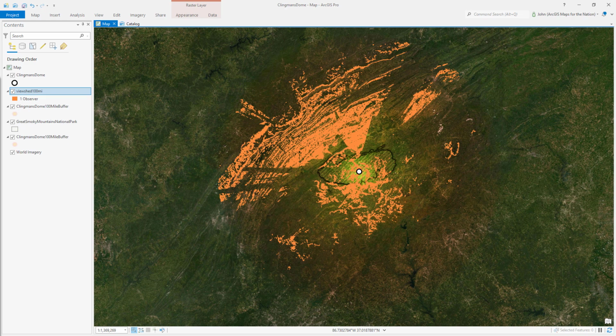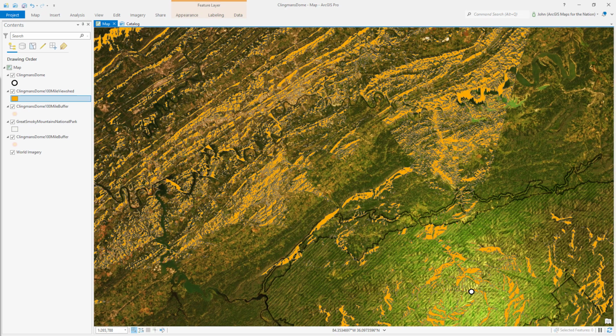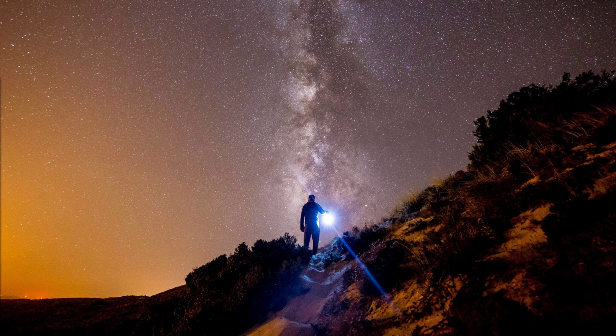I want to turn this raster image result into a polygon. So I'm going to choose the raster to polygon tool, and boom, looks like this. We zoom in, we can see the fills and the outlines. Here's a closer look. Now my goal is to make this look like I'm standing at an illumination source, and